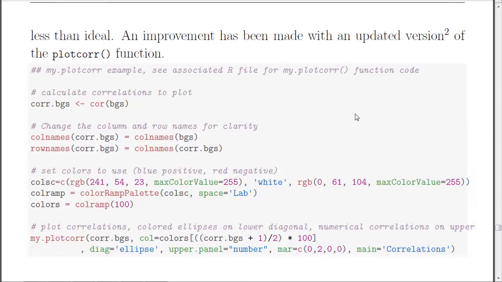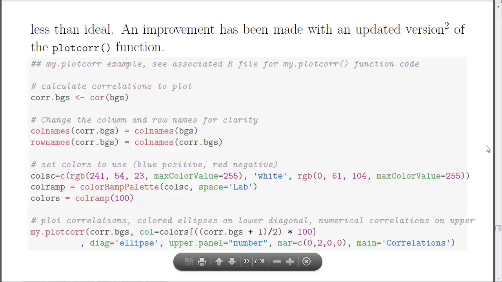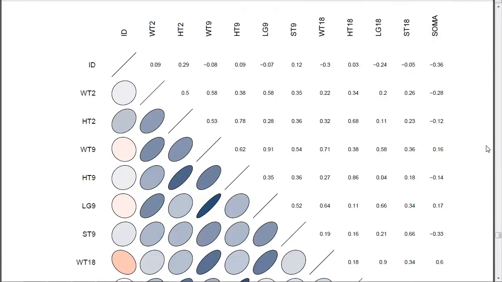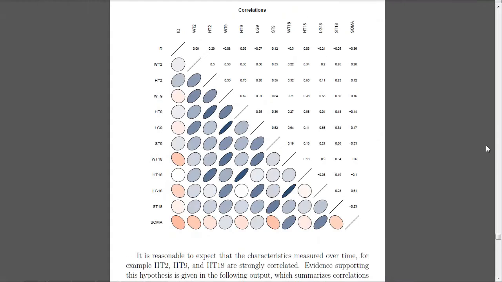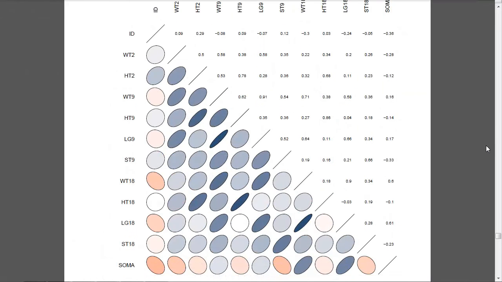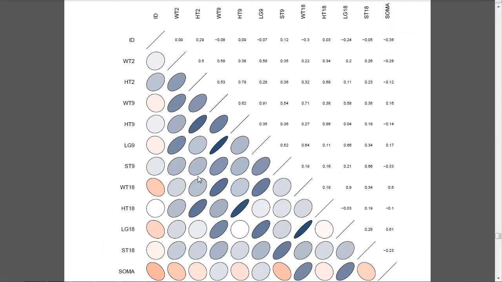Now, I have a function in the R code that I don't echo to the output here because it's a long function. I define it, and it's called my.plotCore. And it creates this plot. I'm not going to discuss the code for it, but we'll just give an idea of what the plot is doing. It looks similar to the plot before, except the data are replaced with ellipses, and the data here are actually triple encoded in this plot. We have the correlation number,